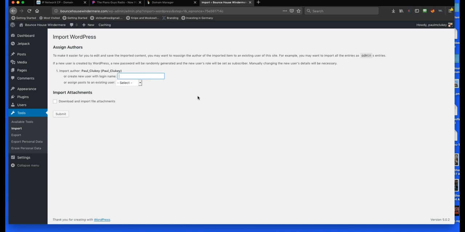I'm going to create a bounce house. Actually, I want to do that just because of something I'm thinking about from an SEO perspective. Assign post to an existing. Yeah, we'll just download,